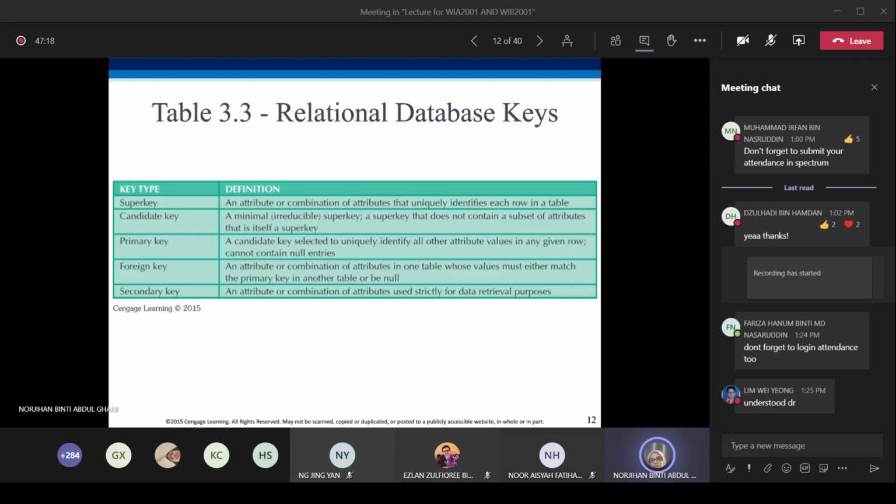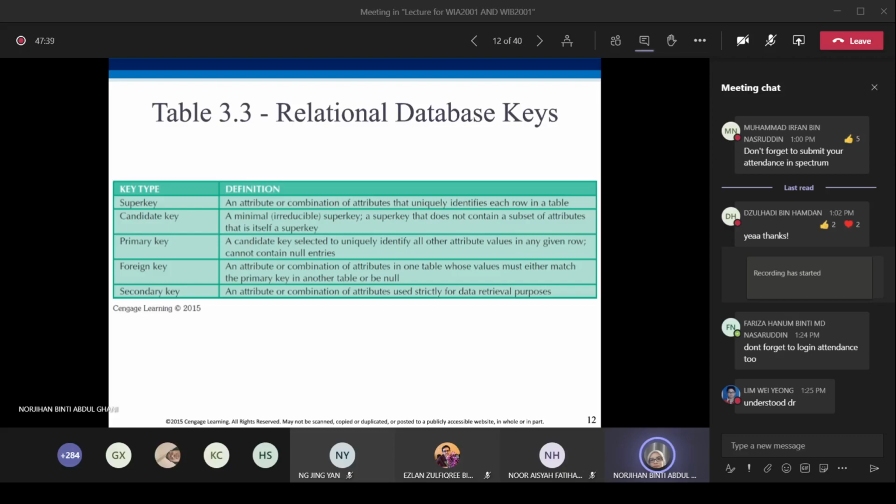It is an attribute or combination of attributes that uniquely identifies each row in a table. So it can be one attribute or more than one attribute that we can use to identify a row in a table.